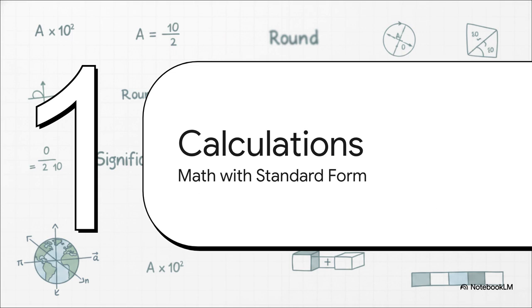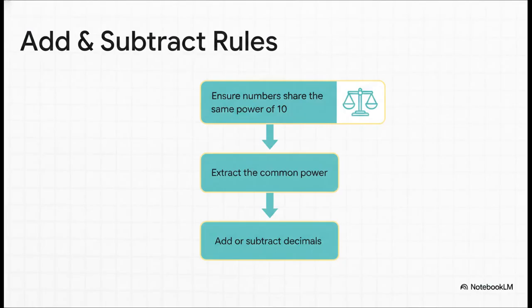Calculate with standard form. Now for operations. When you're adding or subtracting these formatted numbers, you can't just combine them randomly. So the crucial point here is this. You absolutely must ensure both numbers share the exact same power of 10 before you do anything else. If they don't match up, you have to manipulate the index of one of them until they do. Once those powers of 10 are identical, you just extract that common power and add or subtract the decimal values